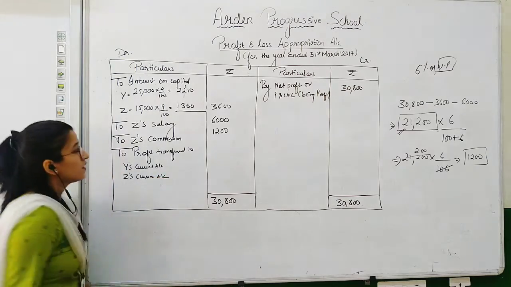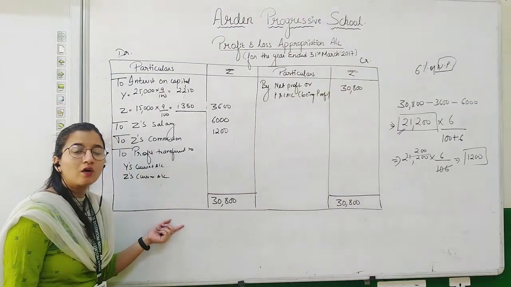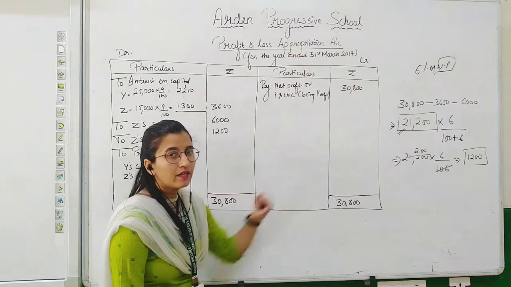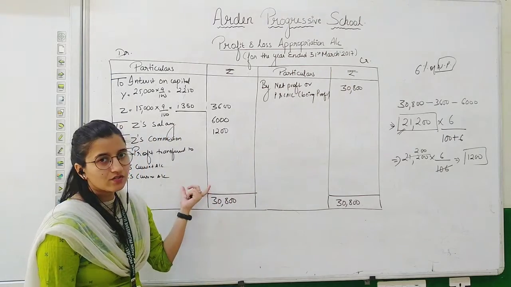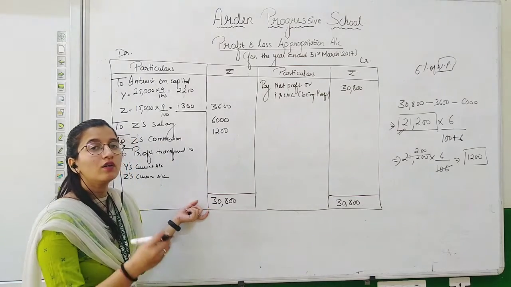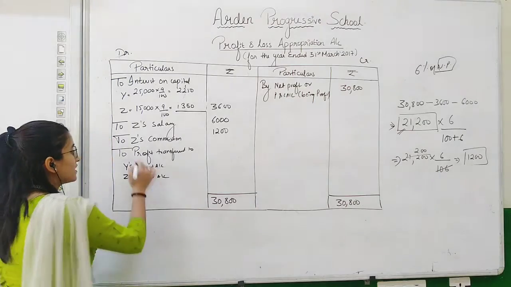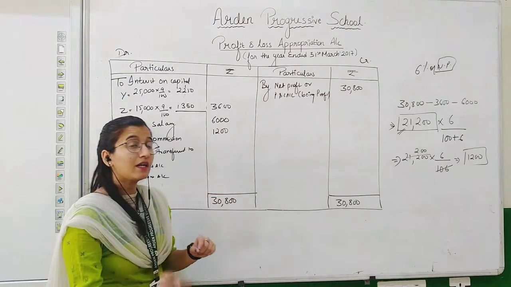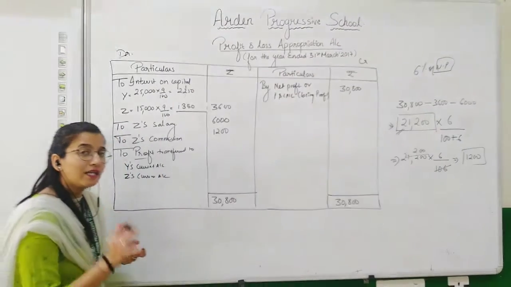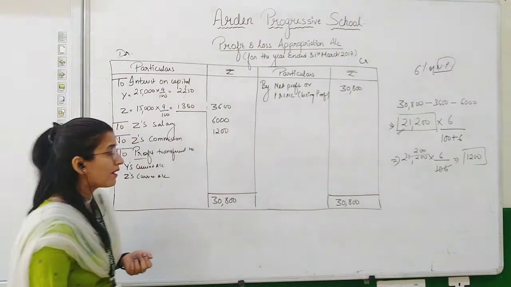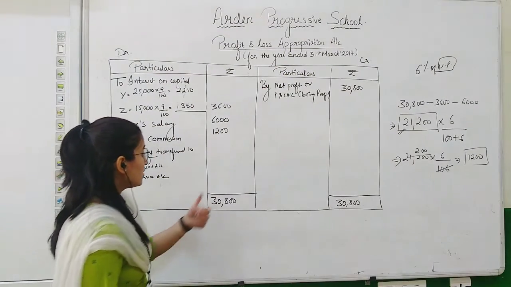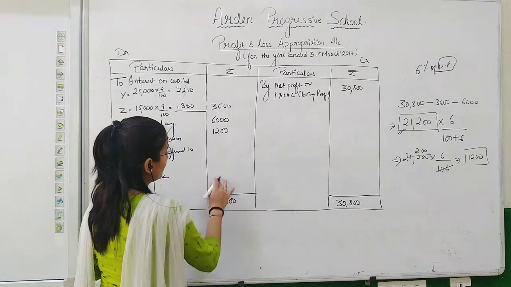See, as we are preparing the partner's capital account according to the fixed capital method, and we know in fixed capital method, two accounts are maintained. In capital account, all the transactions related to capitals are recorded, but in current account, all the expenses and all the incomes of the partners are recorded. So here, as profit is being transferred to partners, we will not write capital account. Here we will be writing current account, because in current account we record all the incomes of the partner and profit is treated as income for the partner. So the balancing figure here will be rupees